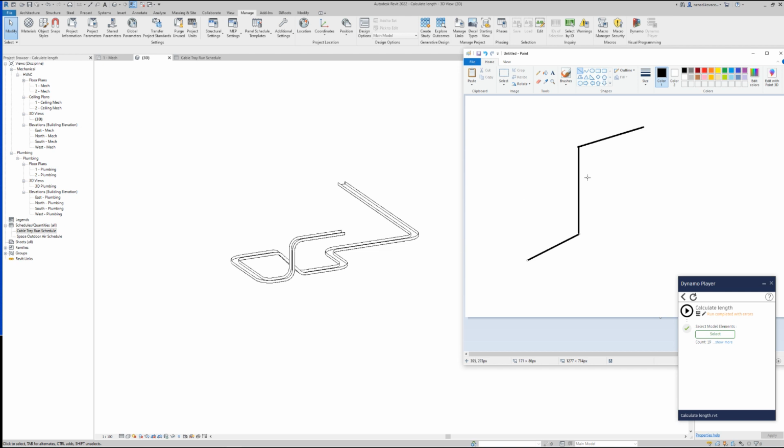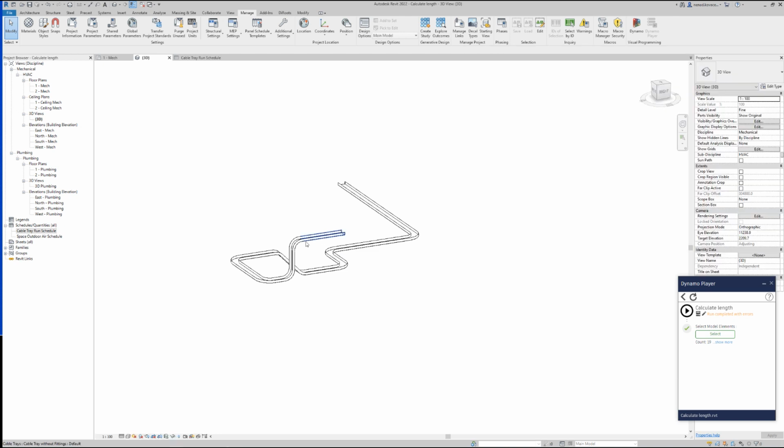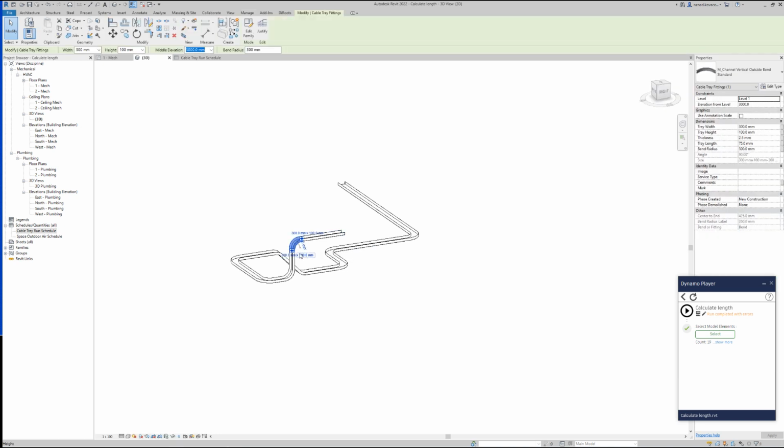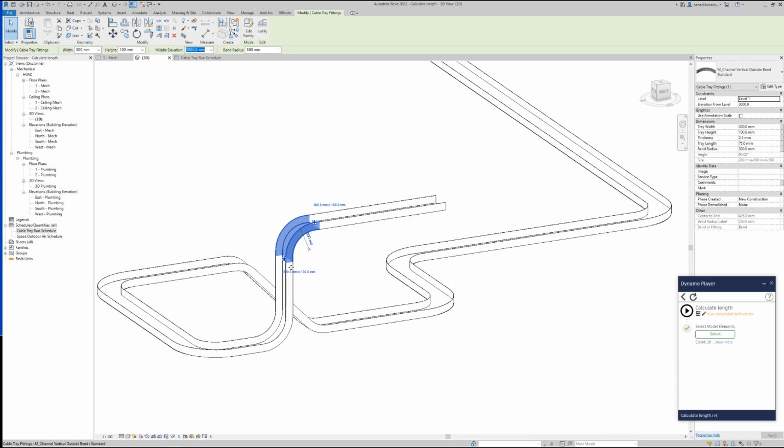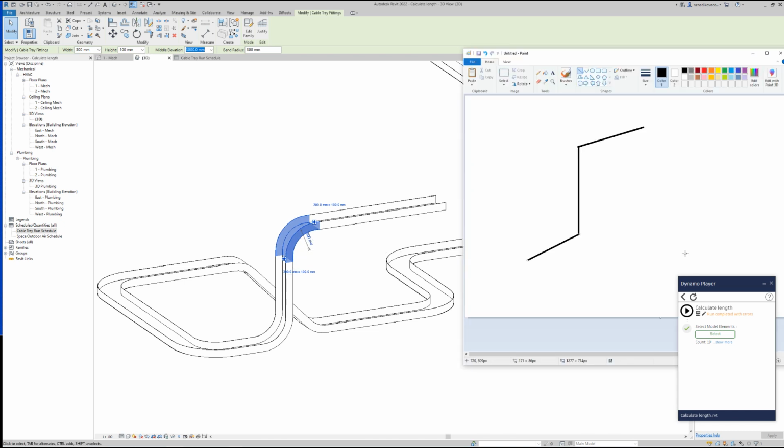Of course, for those elements which are straight sections of cable tray, pipe, conduit, or duct, you can always retrieve that length parameter, and for those elements you don't have much to do. For all those straight sections, you will always have the length. The problem is when you want to know the length of the fittings. With some fittings, you will have a big margin of error. With some other fittings, you will have